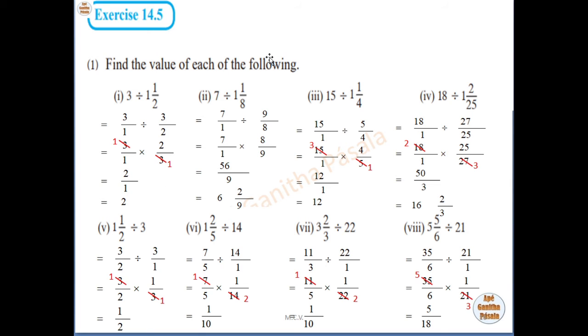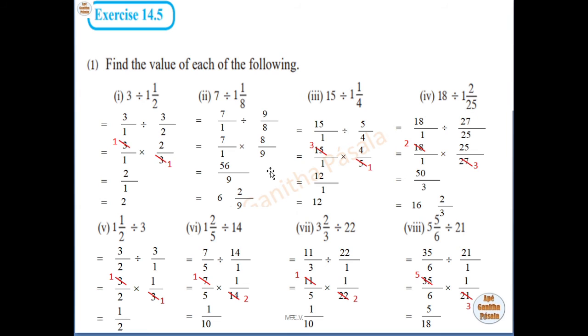Next one. Convert the mixed number into an improper fraction. 8 into 1, 8. 8 plus 1, 9. 9 over 8. Interchange. 9 over 8 becomes 8 over 9 when you are writing that as a multiplication. Now check whether they are divisible by the same number or not. 7 and 9 not divisible. 1 and 8 not divisible.